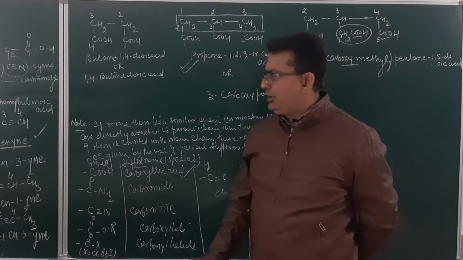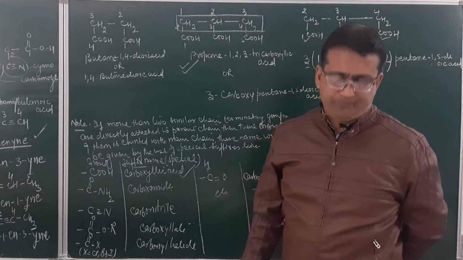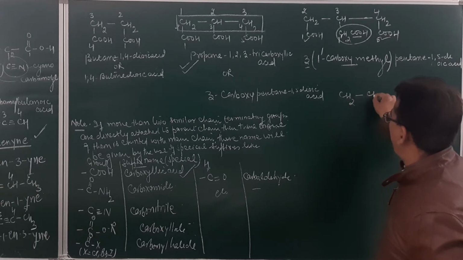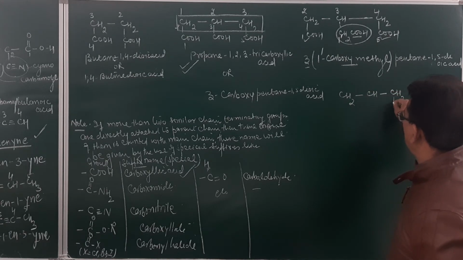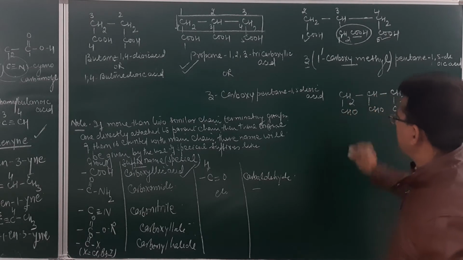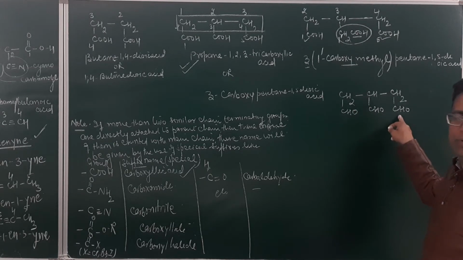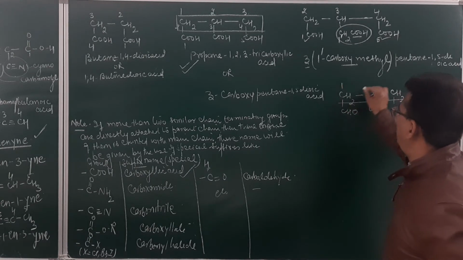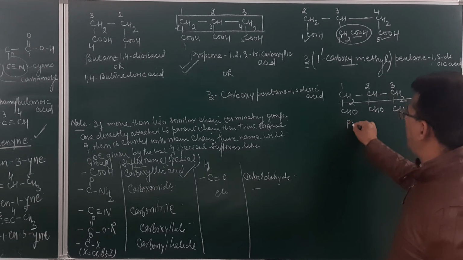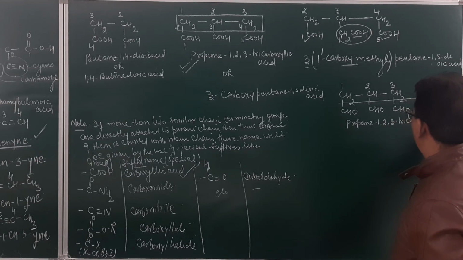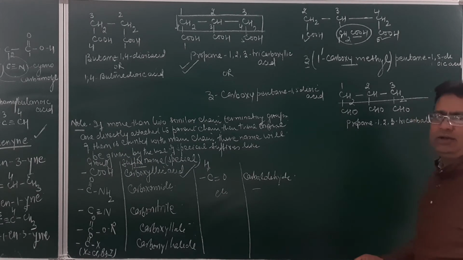So I hope the rules are very clear to you, students. Suppose you have to name this compound: CH2, and then CH, and then over here we write CH2. This will be CHO. Here again I write CHO. Here again I write CHO. Just see, all the 3 chain terminating groups are directly attached to the main chain. So over here none will be counted with the main chain. So this will be number 1, 2, 3. Propane. And what will be the special suffix used for this one? 1, 2, 3. This is tricarbaldehyde. Propane 1,2,3-tricarbaldehyde will be the name.